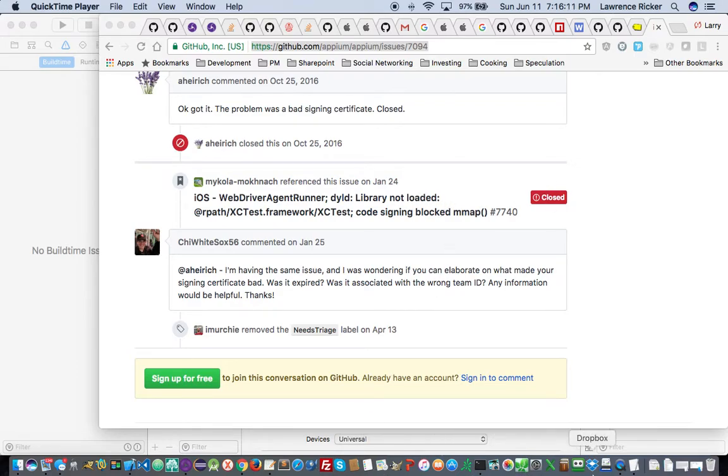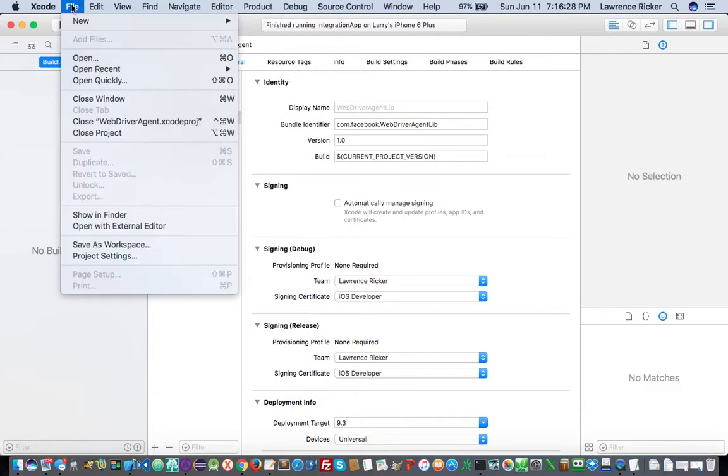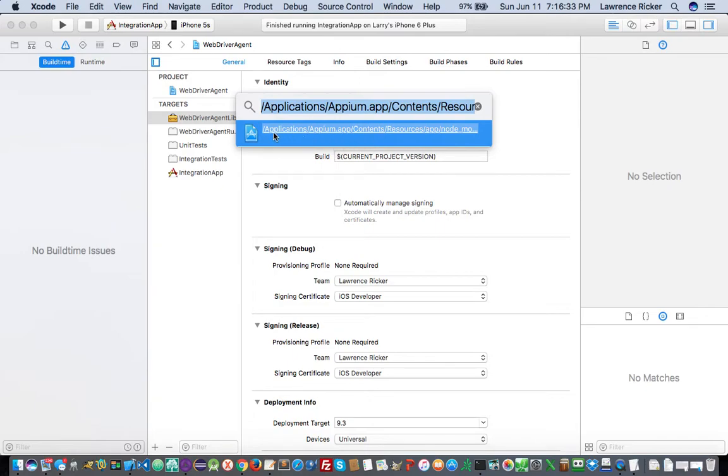I'll show you by video how I got this. So I was going through the logs, and I got the full path to that project, and I've got it in my clipboard right here. So I'm going to go to Xcode, and I did File, Open Quickly, and then I just pasted in the fully qualified path from the error message that was trying to compile the source for this project. It's Applications, Appium app, Contents, Resources,